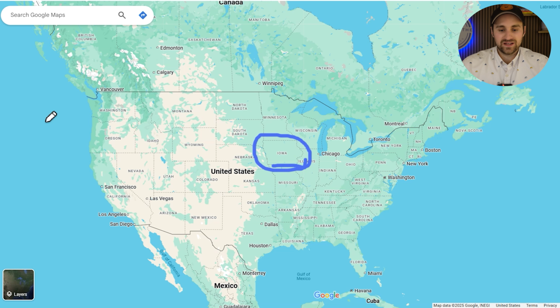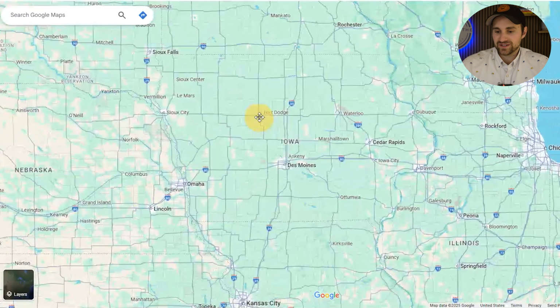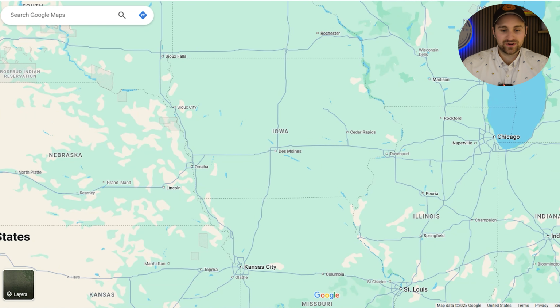And if we zoom in here, we can see that the outline is all around us. We'll start up here near Sioux Falls. Sioux Falls is not part of Iowa, it's actually part of South Dakota. But we have a straight line all the way across the Minnesota border. And then we head on down the Mississippi, where we go all the way down here past Davenport, which is where I'm located. Right here, the Mississippi takes a turn. This is the only place in the Mississippi that it goes east and west. Otherwise, it's always going generally north and south, which I find quite interesting.